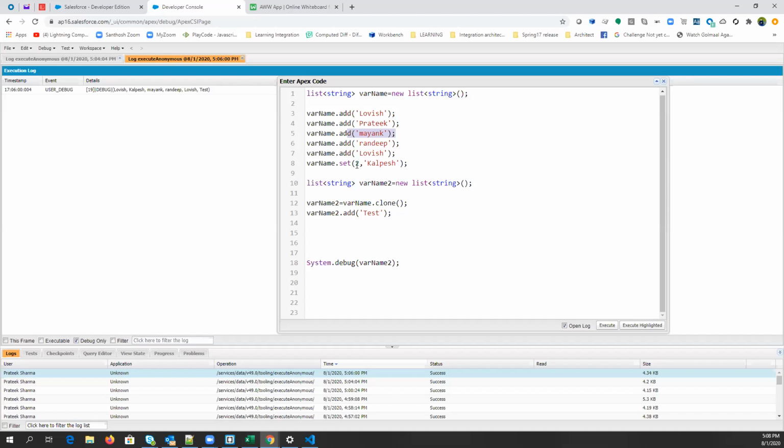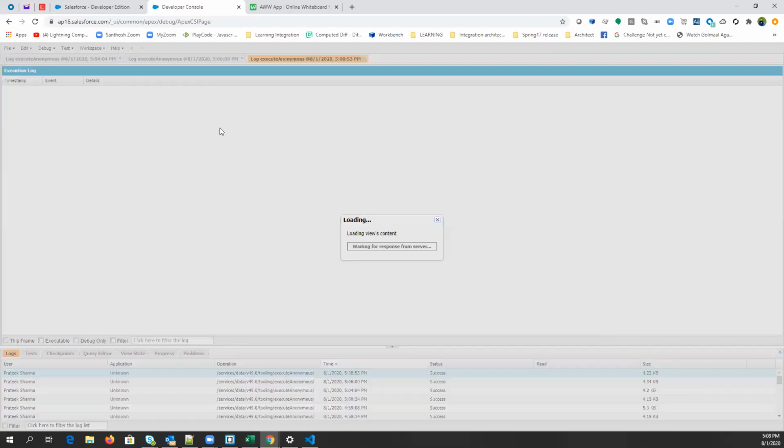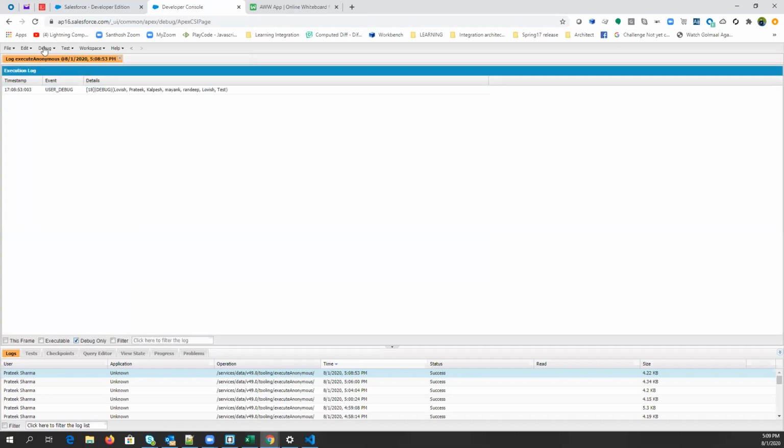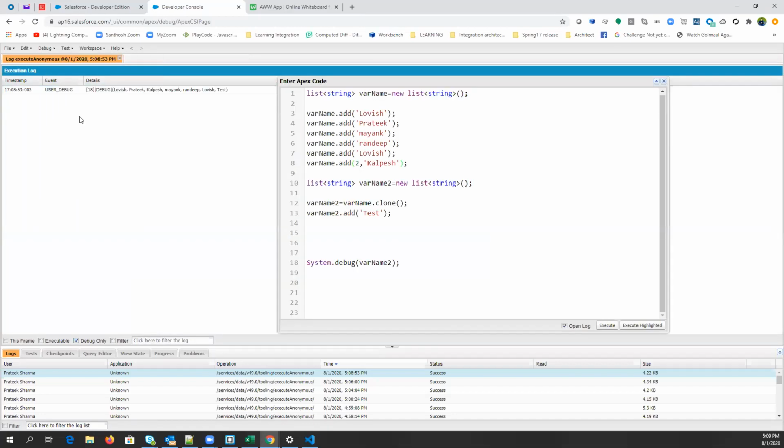So with the add method, let's say if I call this for a better explanation, let's just use it here. Now Kalpesh is on index number 2.